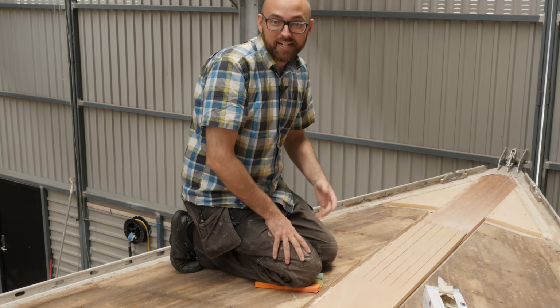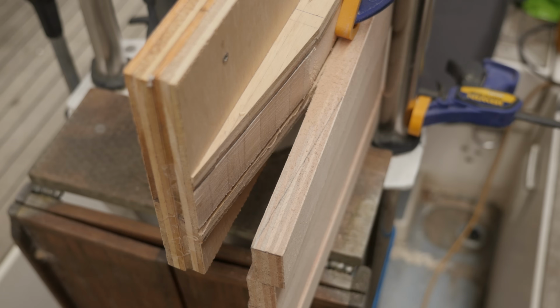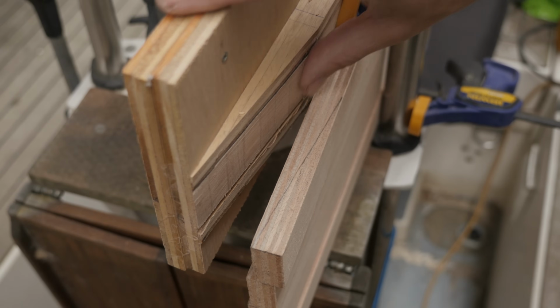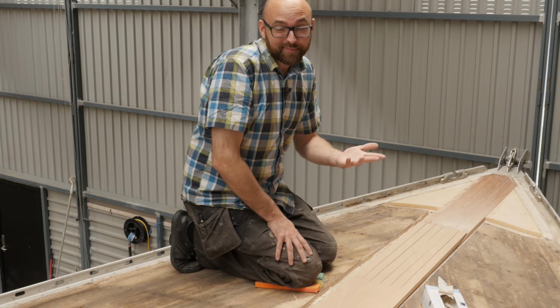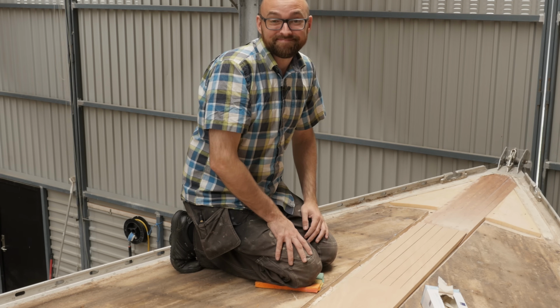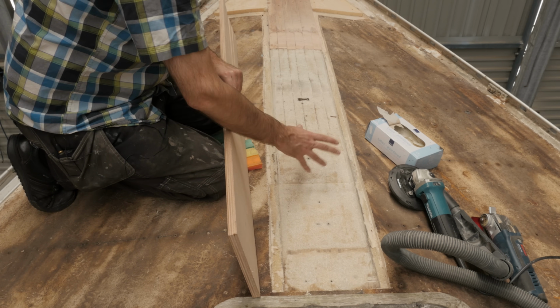Yesterday I set up a jig in the cockpit to cut the scarf joints to get this to match up with the section I'd already put down. It was a little bit time consuming, and sure, the scarf joints aren't really necessary, but I felt like being a little bit fancy. After I had a good fit, I then proceeded to prep the surface, which meant sanding